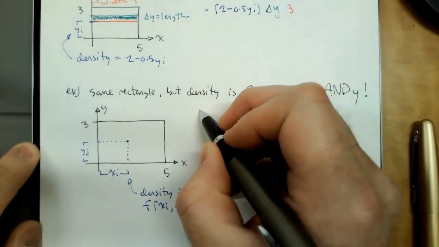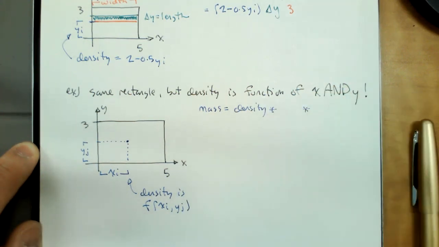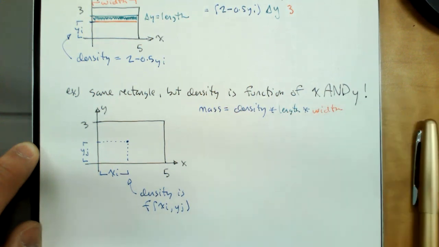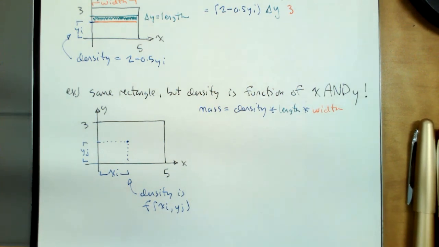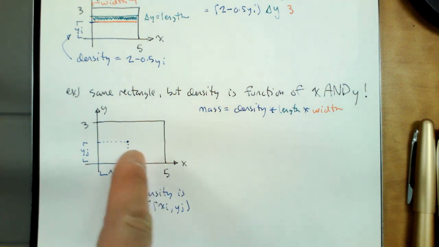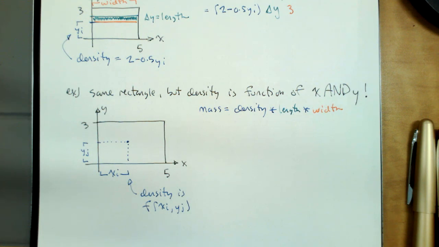Mass is still density, length, and width. All my function is caught up in this density business. I've got to figure out what I'm going to do to make an area. What length and width am I going to use? Because if I move this point a little bit off this x, then my density changes. But if I also move it up a little bit, my density changes. I can't draw a line through this rectangle where the density is constant. The density is only constant at this little tiny point. So if I just explain right now what's going to stand in for your length and width and vector area,